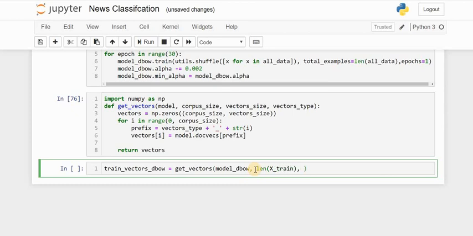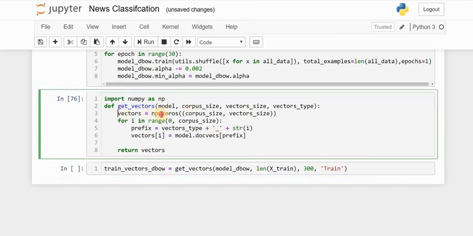Then the third is vector size, which we all know is 300, and the vector type is train. So now if we call these vectors, it will be 1192, 300. This will consist of all zeros, but with dimension 1192, 300.